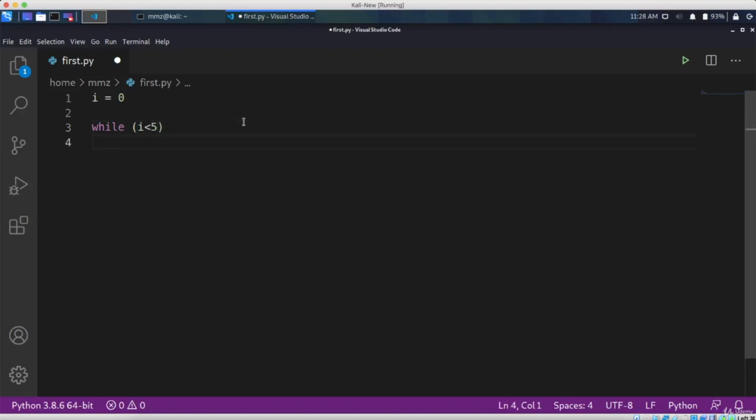Sorry, I forgot to put the colon here, and the indentation here. So I will print inside it. So let's print I,